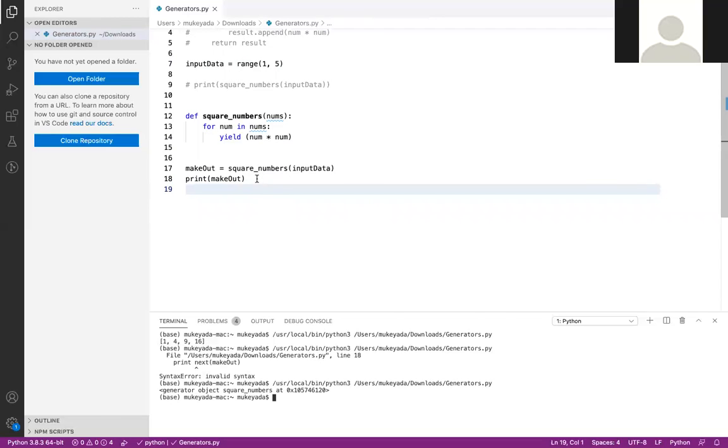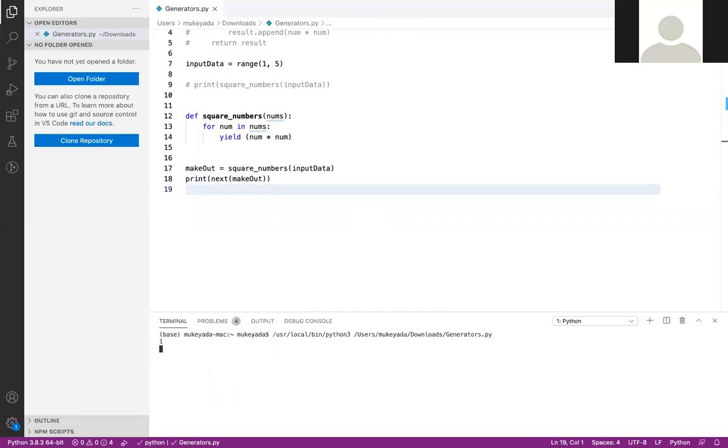Here we can call next. Let me run it once again. See, the first time we got the first number, 1. Let me make another print statement.